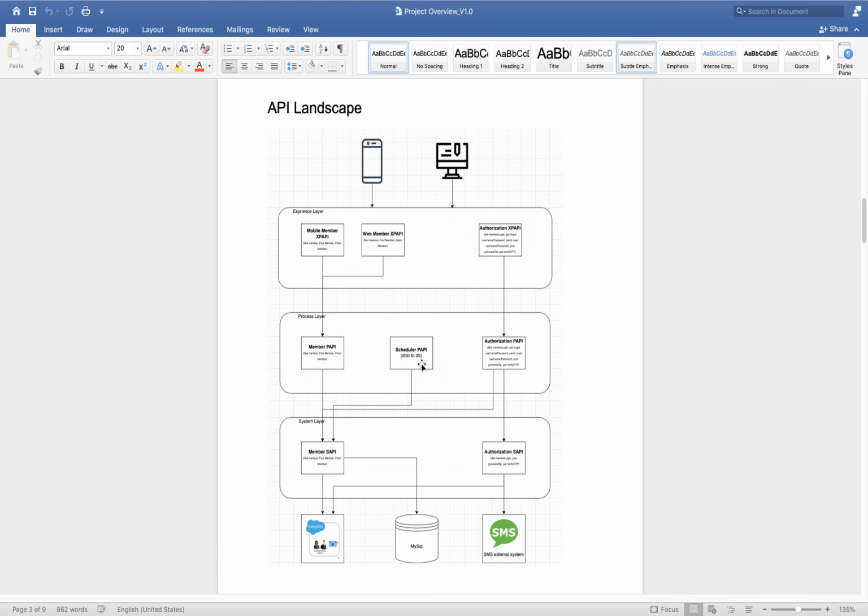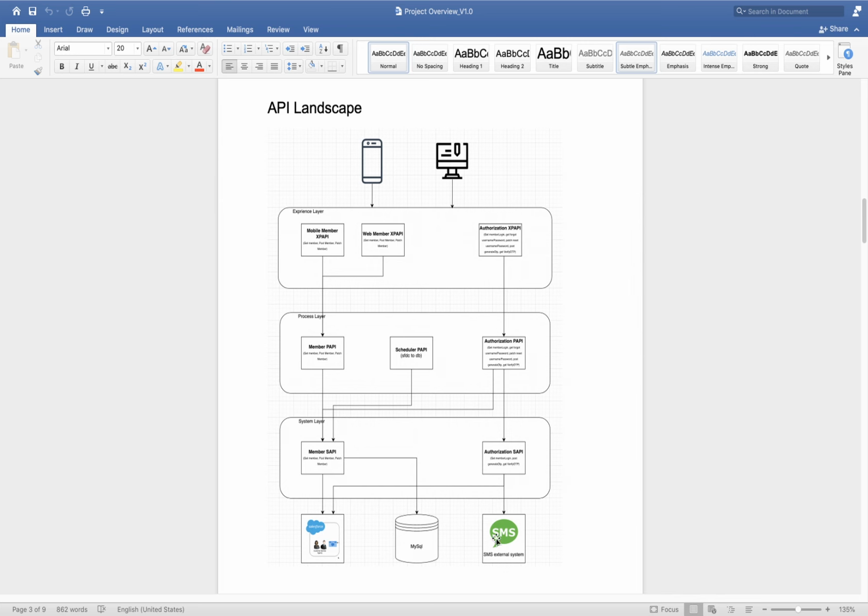In total you can see here we have 8 applications, and each application contains a set of APIs. Here we have 3 APIs, here we have 3 APIs, here we have I think 5 to 6 APIs. In the same way we have 3 APIs here, 1 API here, 6-7 APIs here, and in the same way 3 APIs here and 3-4 APIs here. This process API will call this system API, so we don't have any separate system API for this.